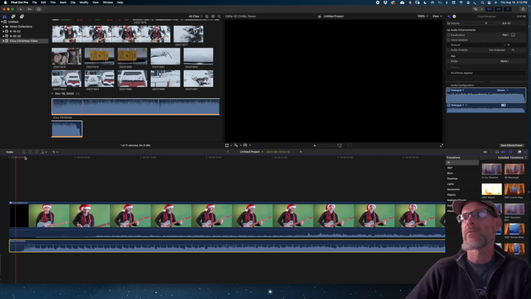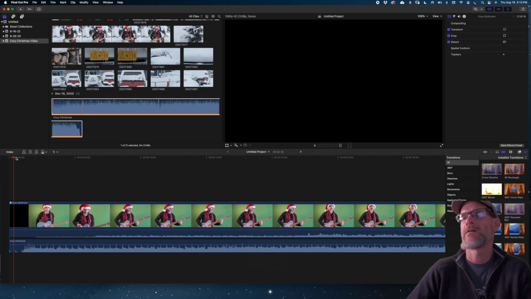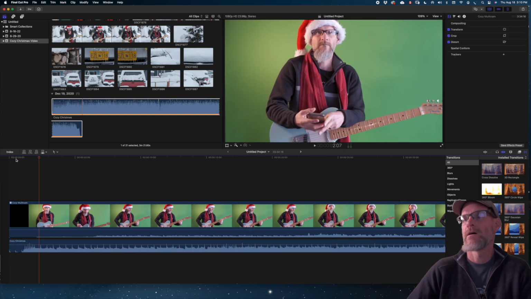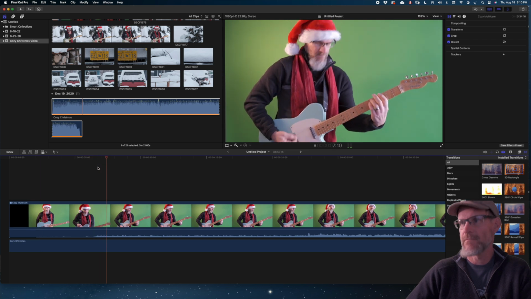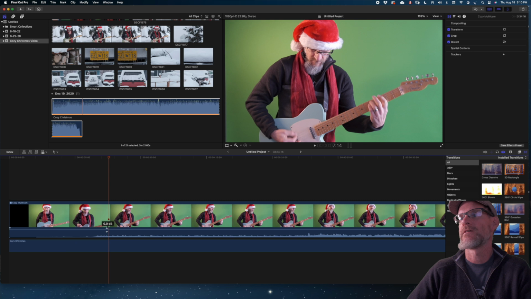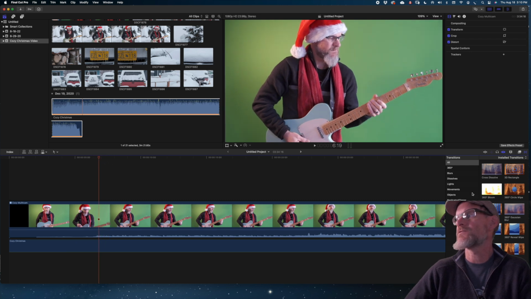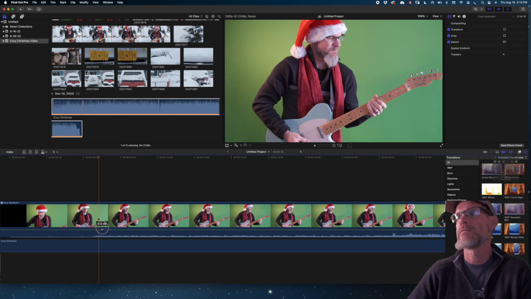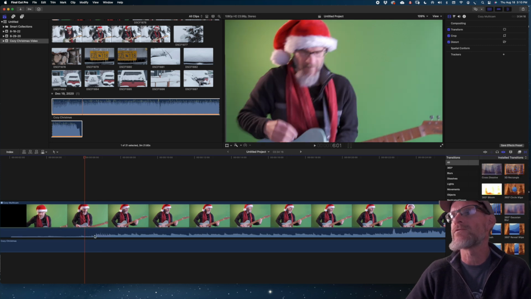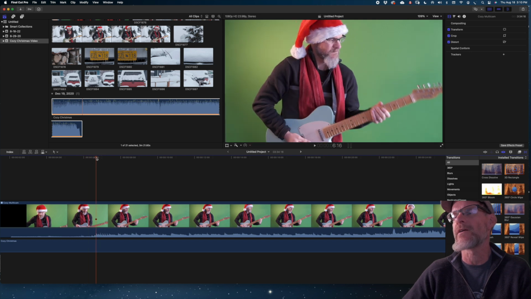If we listen to the original track, audio back on, we can see there's a very defined drum intro. If we mute that, we can find this. We can find it right here. In fact, we can zoom in a little bit more. We can see that this little transient here is the beginning of the drum pattern.